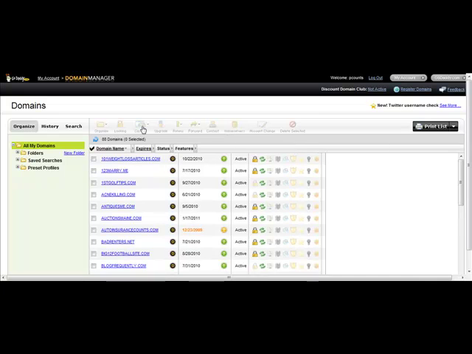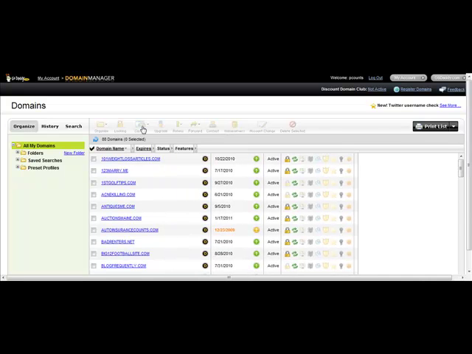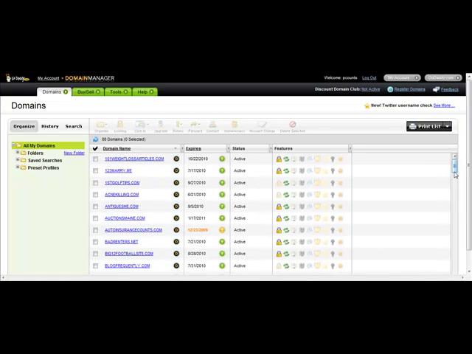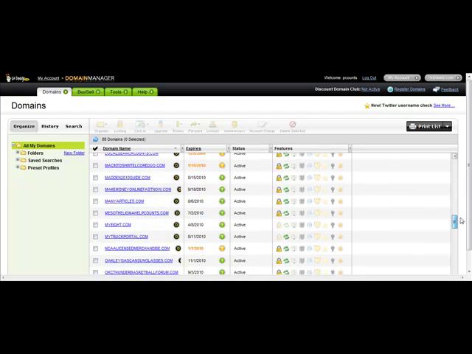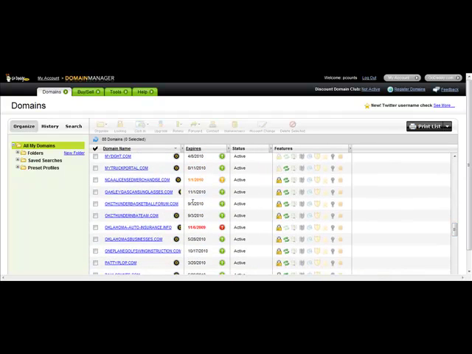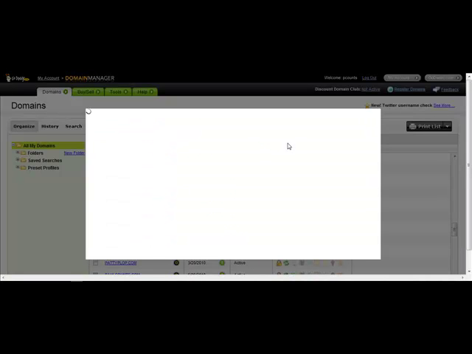And if you have multiple domain names, you just need to scroll down till you find the domain that you're working from. Otherwise, if it's your first domain, it should be right at the top. And they do alphabetize it if that makes it easier on you. So I'm going to just go to the domain name I want to choose, put the checkbox in there, select Nameservers,